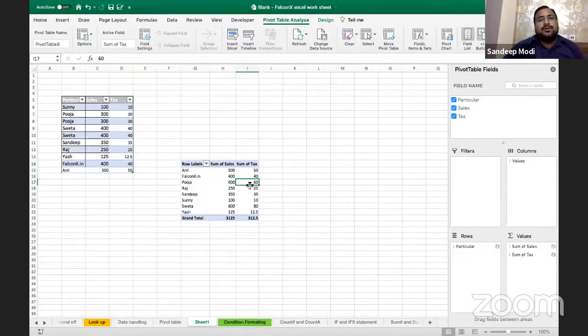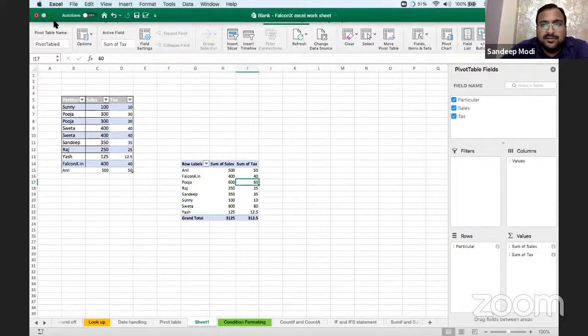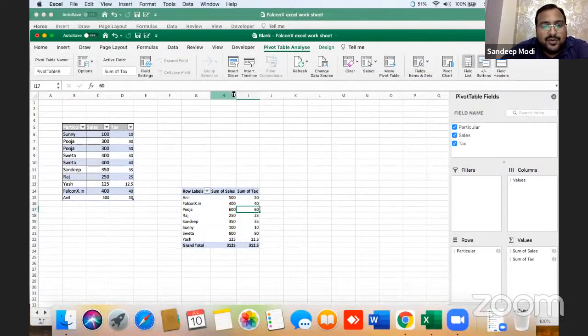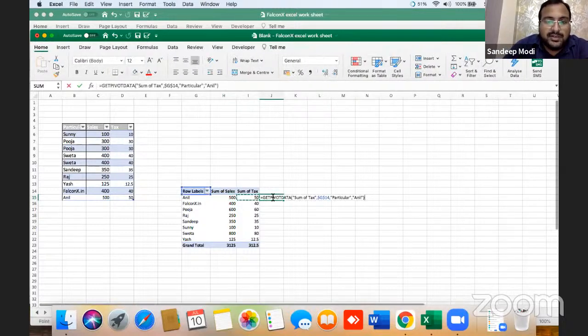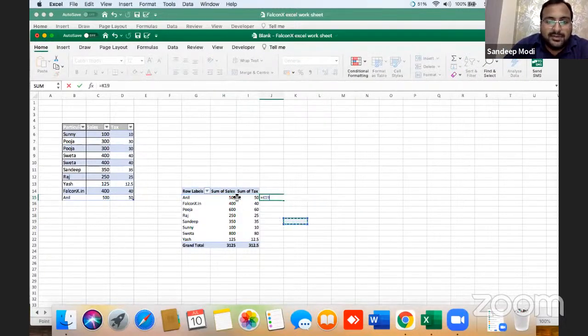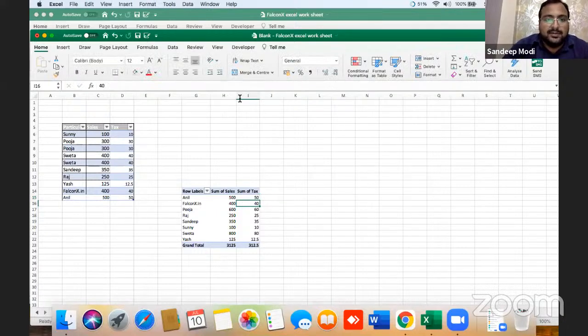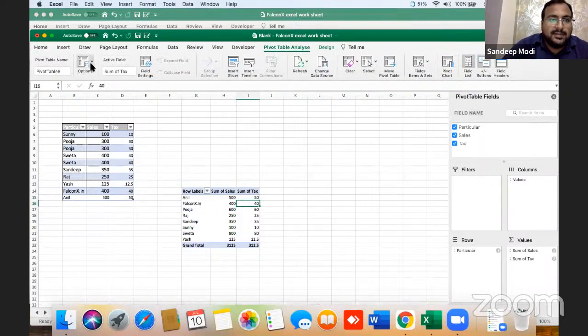Now what I want is invoice value. Invoice value in the sense I want one more column where we can add the sum of both. So how can we do that? One method is like this. I don't want this get data pivot. Let me close get data pivot.